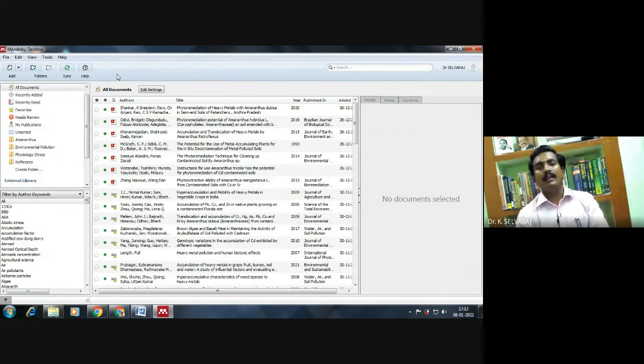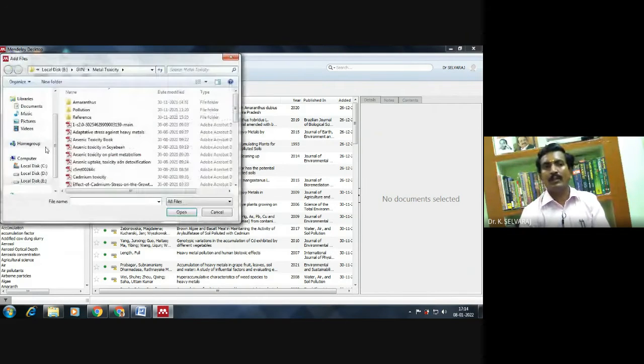Here we simply add the references and PDFs. Whatever articles we studied or referred to, we can save those article PDFs here. To add a PDF, for example, here is an Add button.